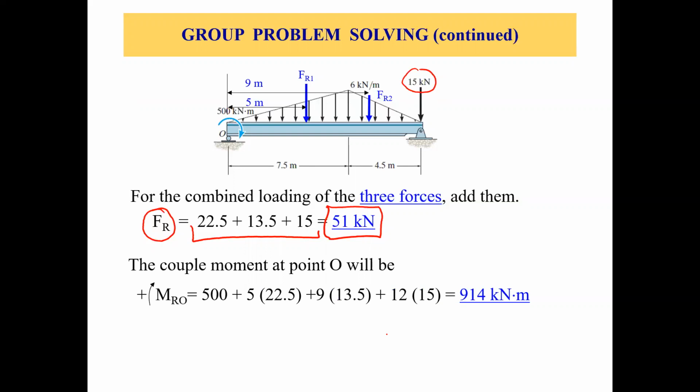Now, what is the moment at point O? We just find the moment due to all these forces. Taking this sign convention, clockwise positive, what is the resultant moment about point O? 500 kilonewton meter, it's a clockwise moment, so it's positive. So positive 500, then